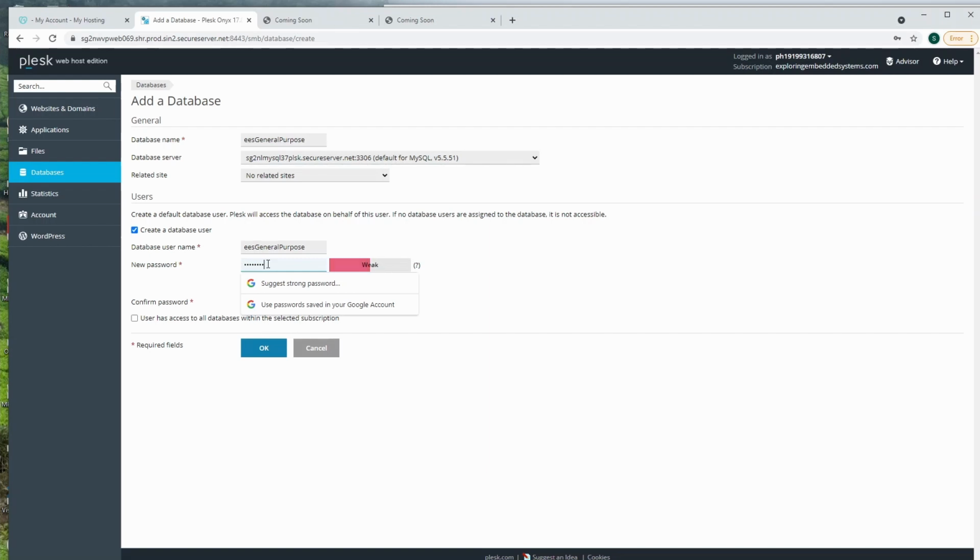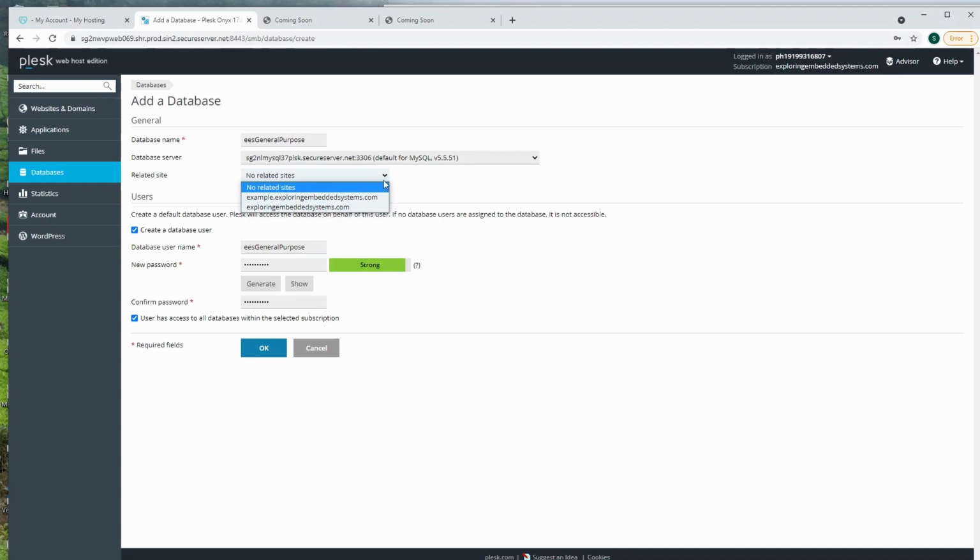Password. User has all the databases within the selected subscription. Let's give full access. Is it related to any site?